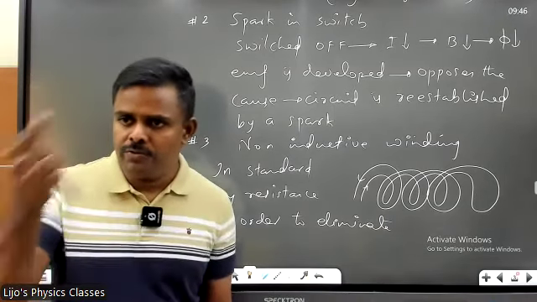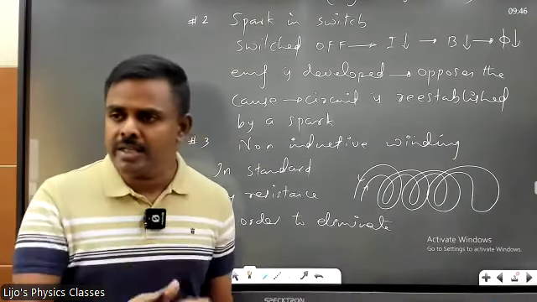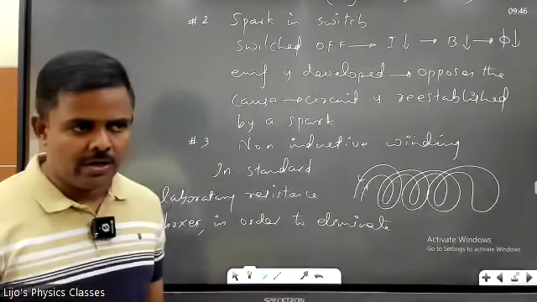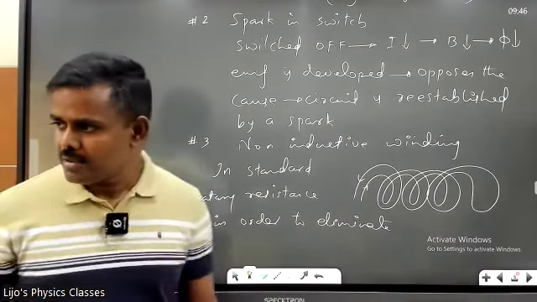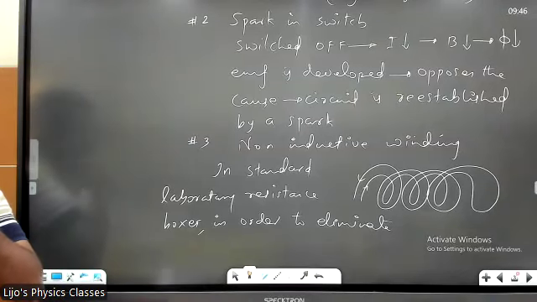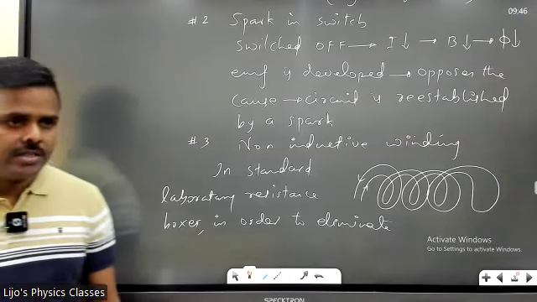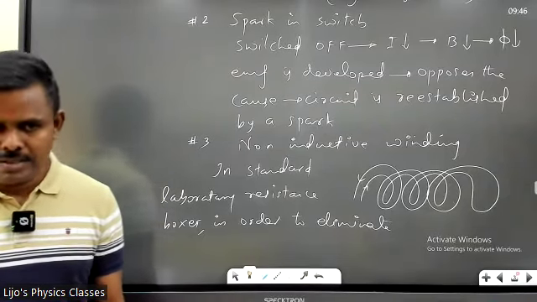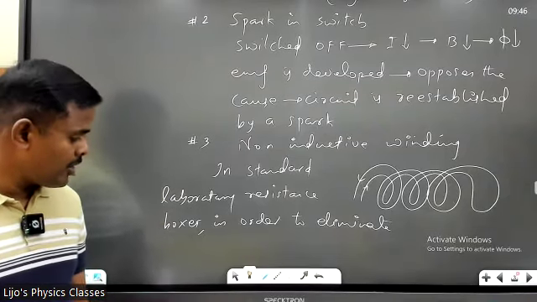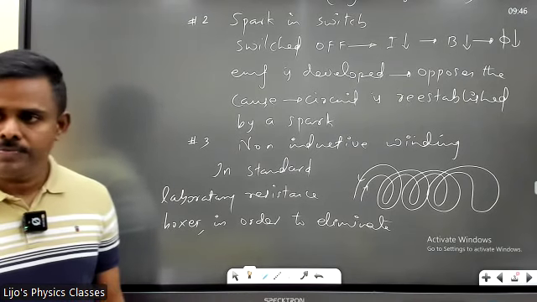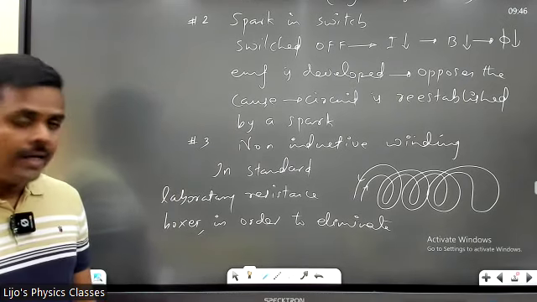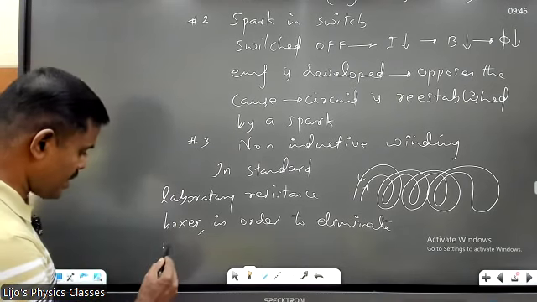But the problem is when you wind it, automatically something happens, right? An induction comes, right? You have to get rid of it, right? Correct? In standard laboratory resistance boxes, the same resistance box you use in school laboratory. In standard laboratory resistance boxes, in order to eliminate induction effects,